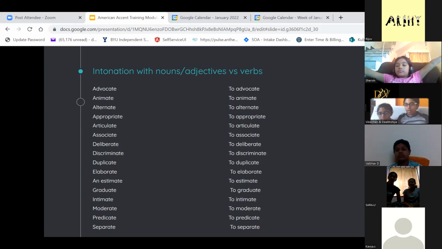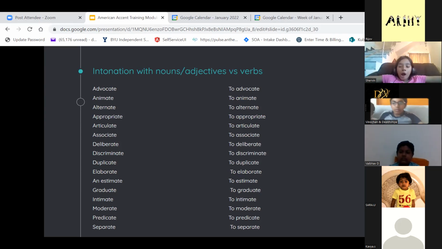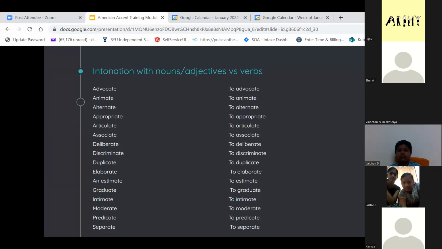Okay. So let's do the next one. How would you say the next one, Rajov? Alternate, to alternate. That was perfect. Alternate, to alternate. So I could say the alternate route,